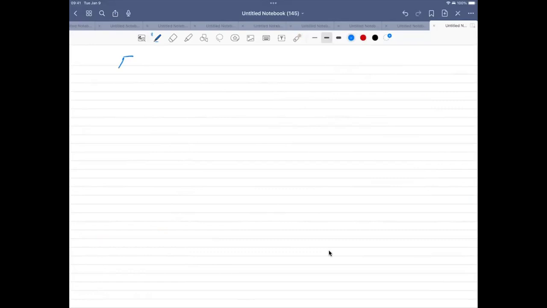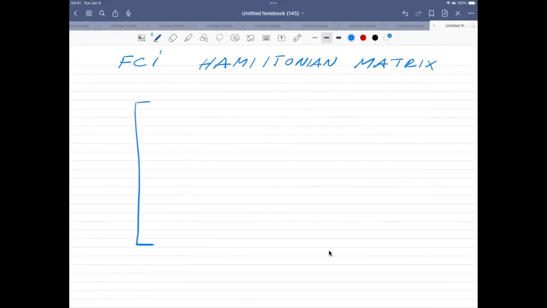But the FCI Hamiltonian matrix is now going to look as follows. So I'm going to have a 6x6 matrix when I have total spin equal to 0 and no broken pairs for that specific model which we have